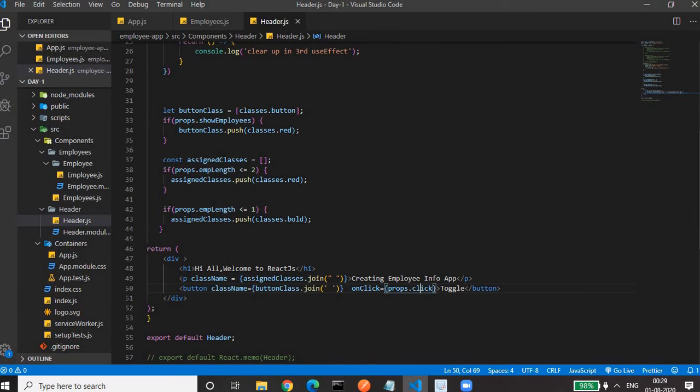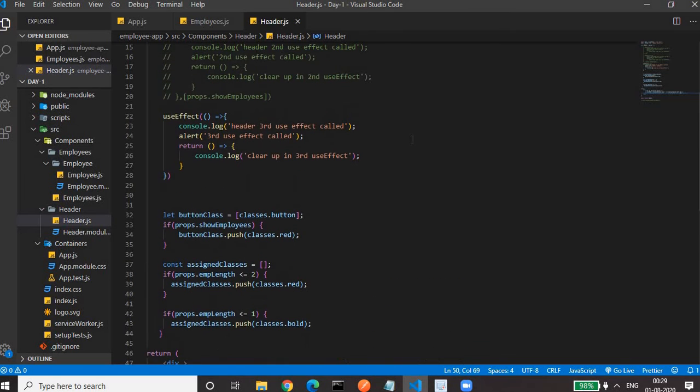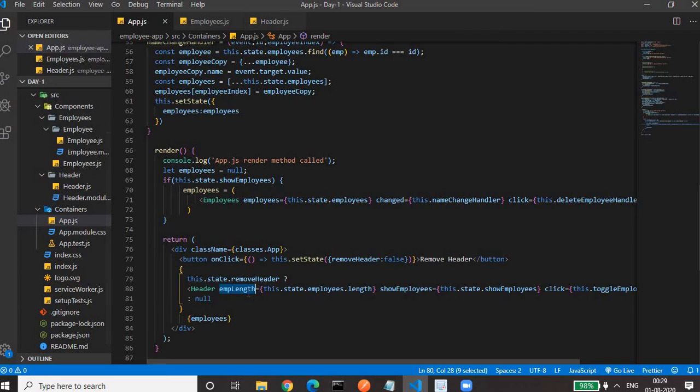As these props get changed, the use effect method gets executed again, because in use effect we are using the show employees props as well as the employee length props. These are the two props that we are passing, and they depend on the state.